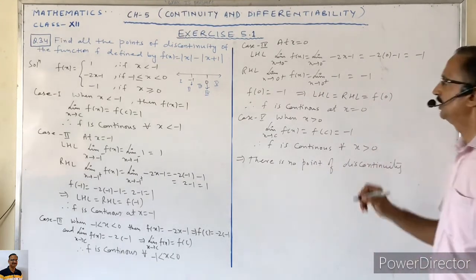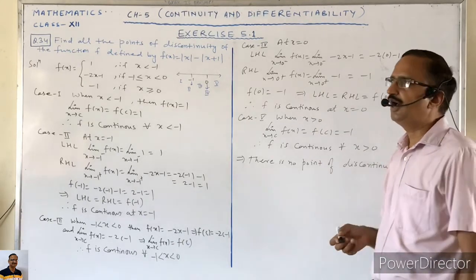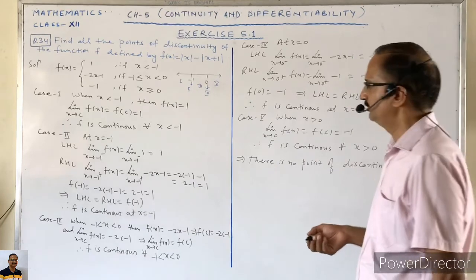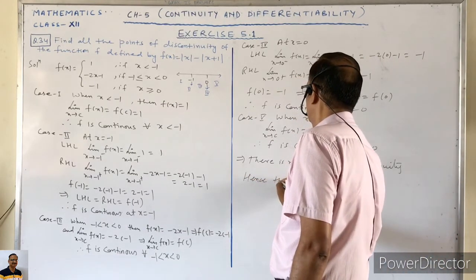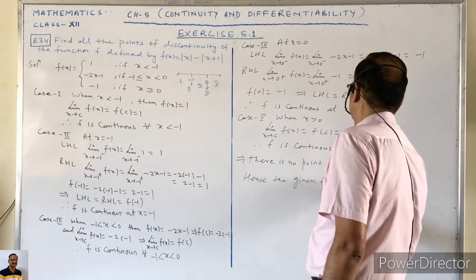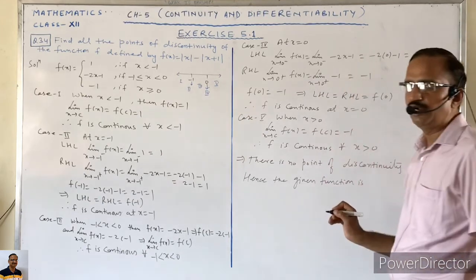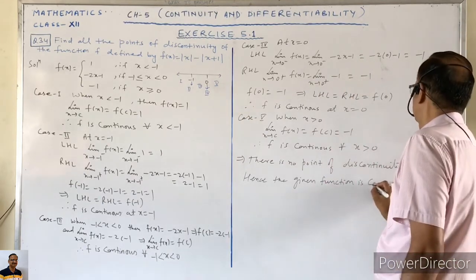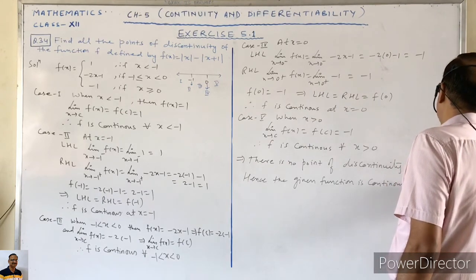It means this given function is continuous throughout the domain. So we can say that hence the given function is continuous for all x belongs to